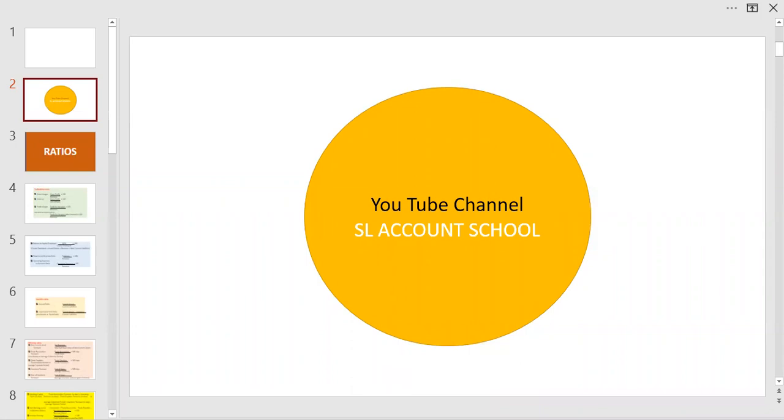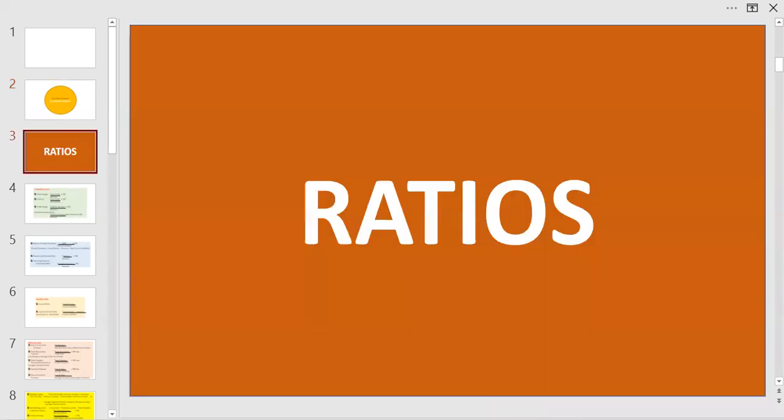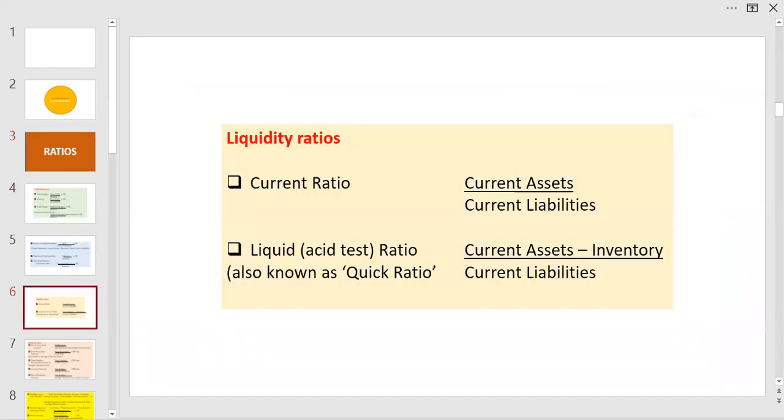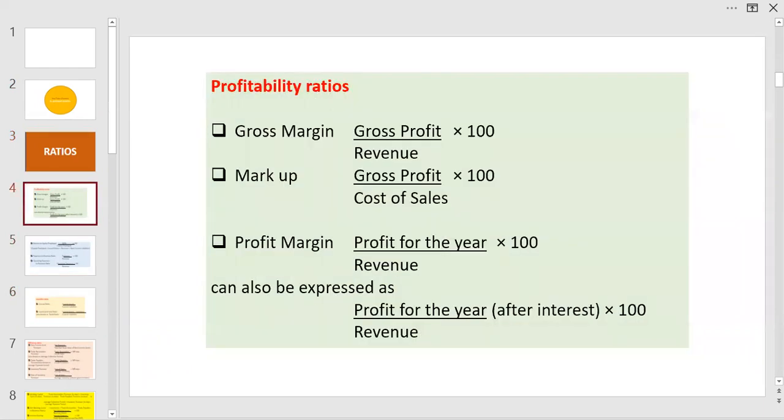Today's topic is ratios. Ratios are important indicators and useful tools to interpret financial information for the benefit of various end users. Each of these ratios will have special and specific usefulness, but we will not be discussing that in this class. There are three common usefulnesses which may be relevant to all ratios, namely comparing them with selected companies, or comparing them with industrial norms, or comparing the results of the company year to year.